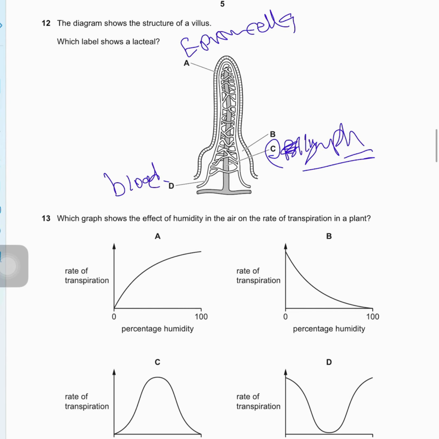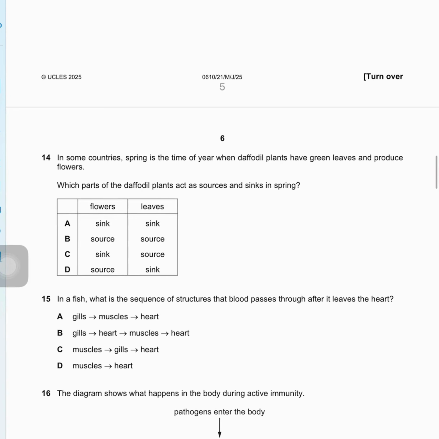Which graph shows the effect of humidity in the air on the rate of transpiration in a plant? Always remember this: humidity is inversely proportional to transpiration. So the curve must be inversely proportional, showing this. So it's B. 14. In some countries, spring is the time of the year when daffodil plants have green leaves